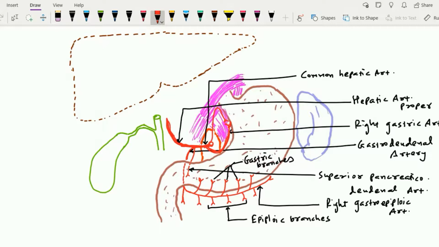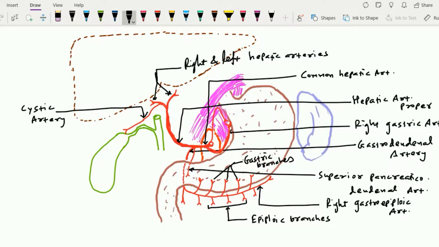And this hepatic artery proper runs just left to the bile duct, and it will soon divide into two branches, right and left, and going to supply the liver. One more branch called the cystic branch, which is usually provided by the right hepatic artery, runs just posterior to the common hepatic duct and runs to the posterior superior side of the cystic duct and going to supply the gallbladder.